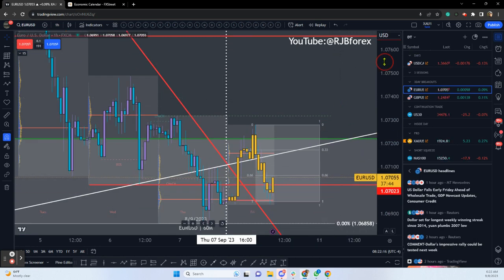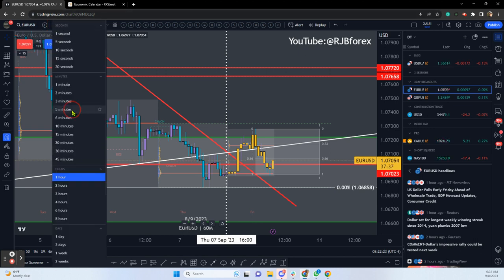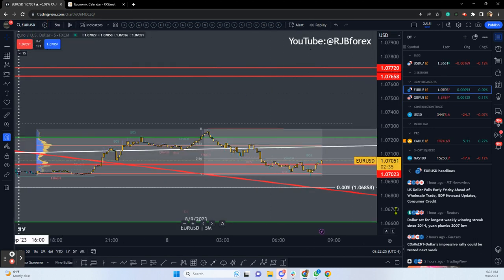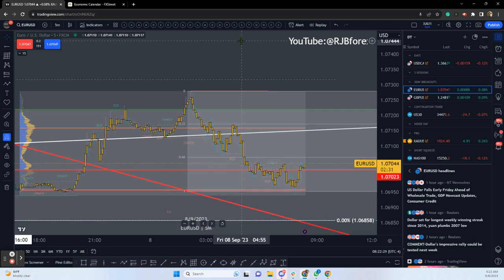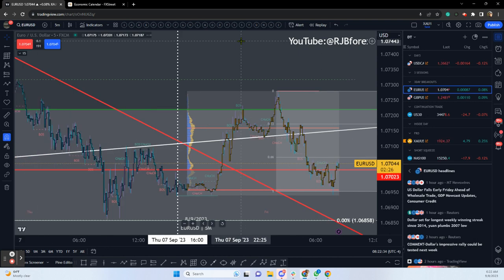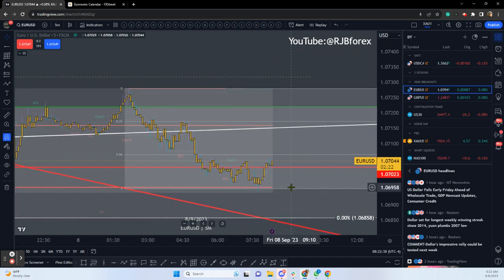Now, as you're aware by now, I generally like to wait for the Wall Street open before I commit to anything, but that's not to say that you can't get any opportunities between the New York Open, 7 a.m. New York, and the Wall Street Open. I mean, you definitely do get opportunities. So this euro dollar